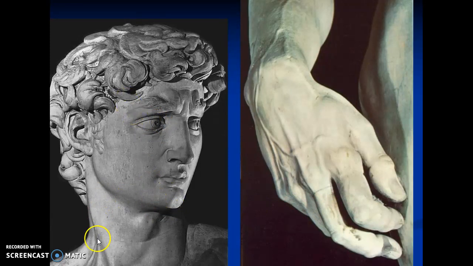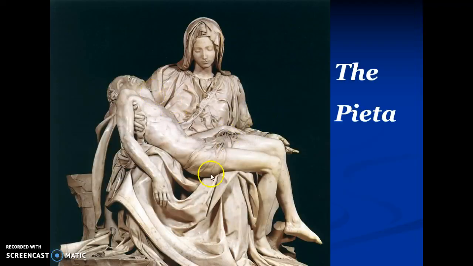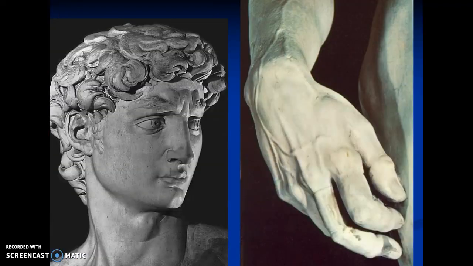Now this looks like, I mean, just the detail from turning the neck and the muscles popping out within the ears. I like to show the hand because now it looks funny. That's just a shadow. Nothing's wrong with it. But just the veins coming into the hands, right? That's incredible that they're carving this from a solid piece of marble. So that's the David. You saw the Pieta. So this is a secular image, and this is a religious image, both done by Michelangelo.